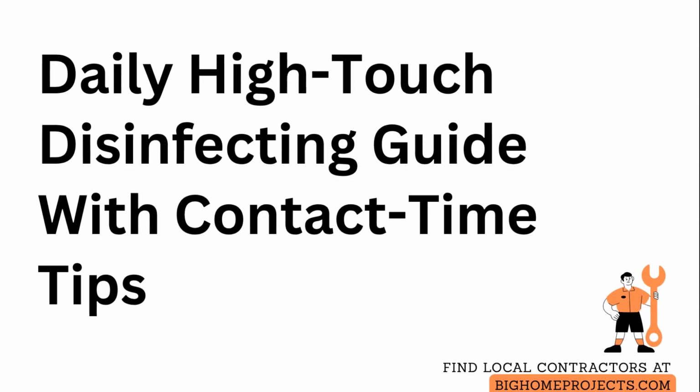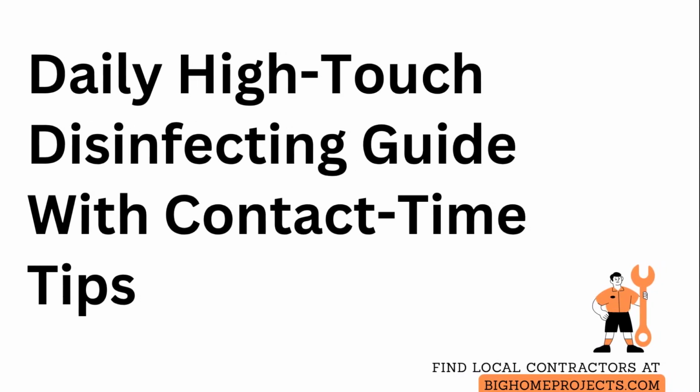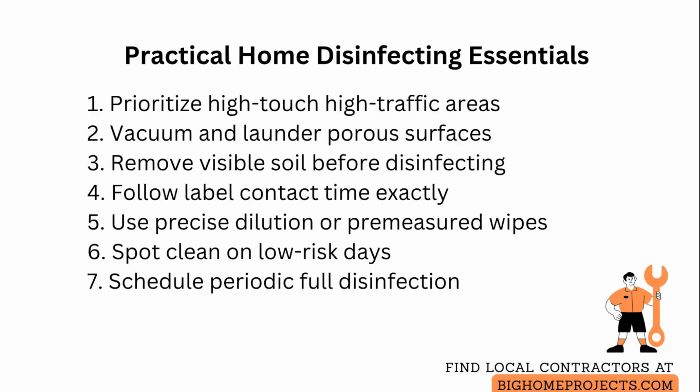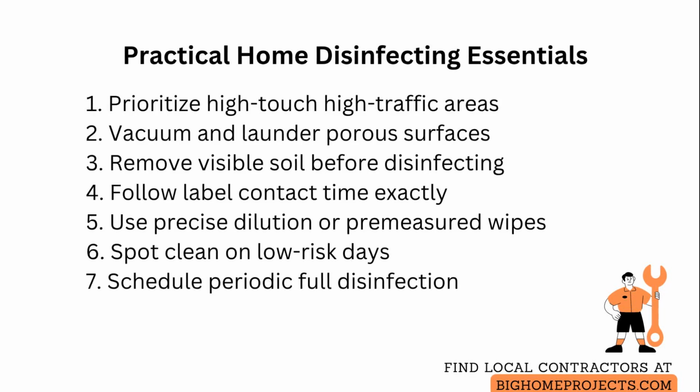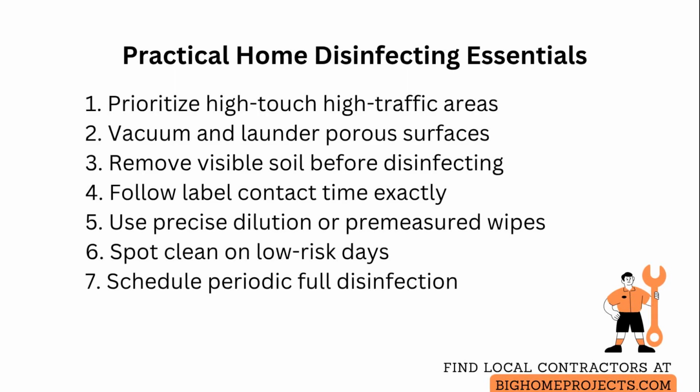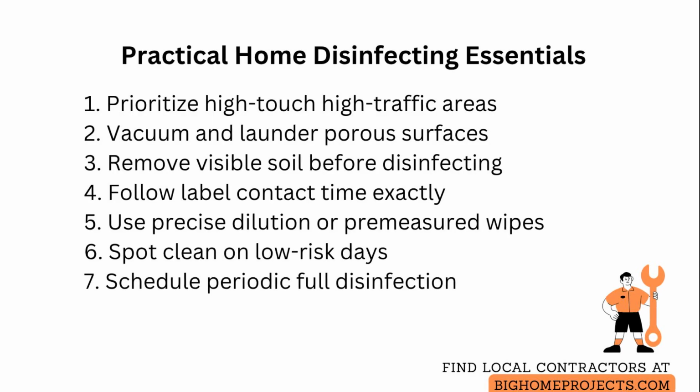Do we need to use a chemical disinfectant on every surface, every day? Focus disinfecting on high-touch and high-traffic areas first, not every surface. Identify and list the surfaces that receive frequent hand contact, such as doorknobs, light switches, faucet handles, toilet flush levers, appliance buttons, and shared electronics, and clean those with an appropriate chemical disinfectant daily when there is an infection risk